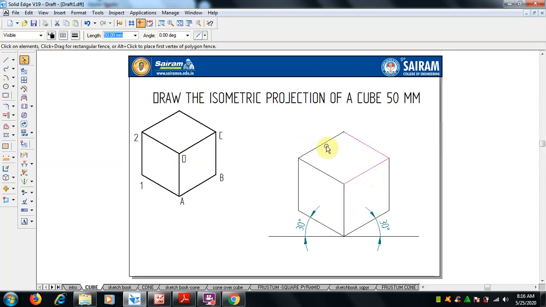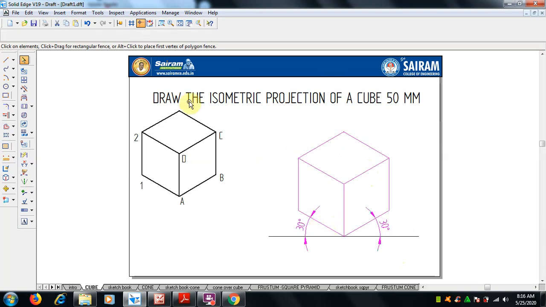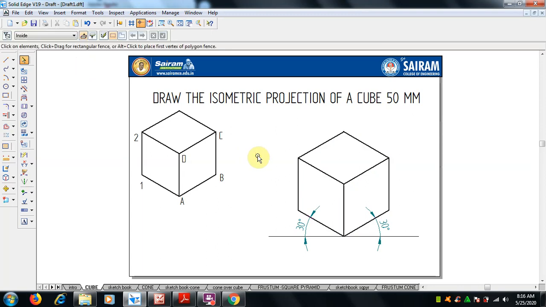So while drawing the cube, we know, select this, okay. Now since it is isometric, we have to make it as isoscale. First I will make the lines. While drawing, these are all the visible edges. Okay, so the visible edges we can make as visible thickness. So it's a 0.5 mm thickness I have made, and now